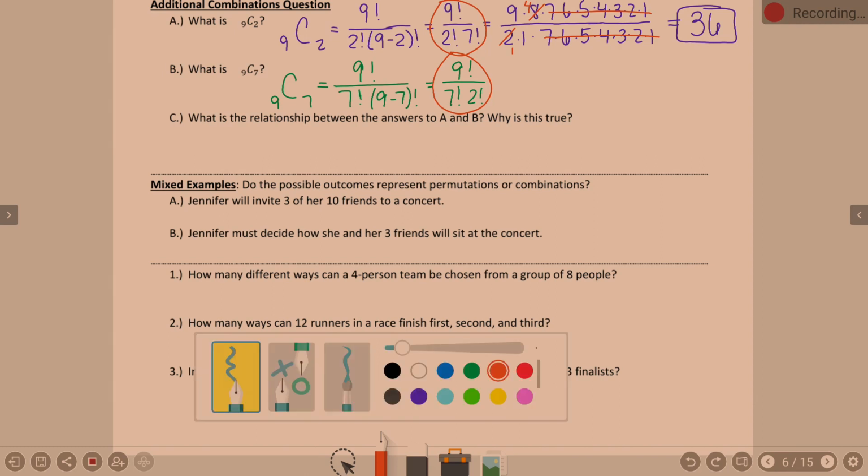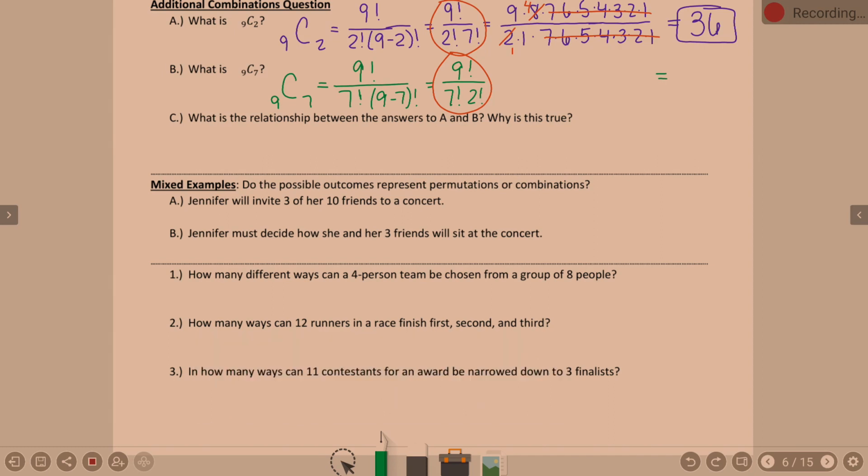So I'm going to save us a step. What's this going to equal? 36. If you don't believe me, you are welcome to work it out. I know you guys are probably annoyed with me with how much we're working them out anyways, so I'm guessing it won't matter if we skip that. Okay, so